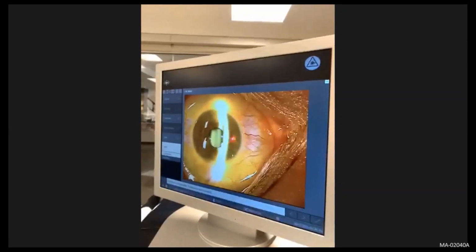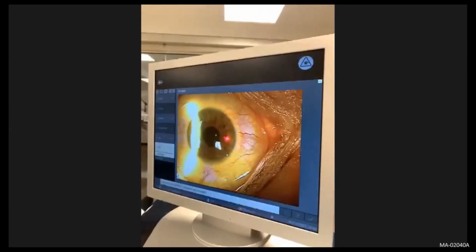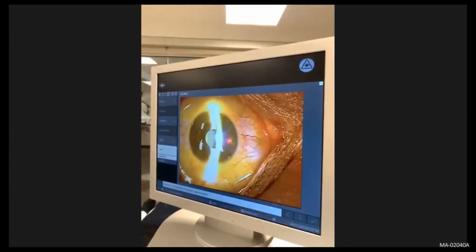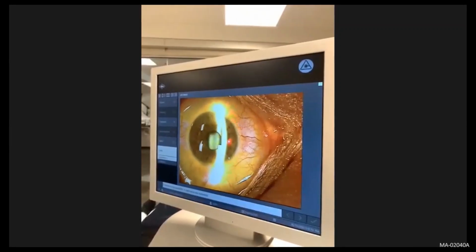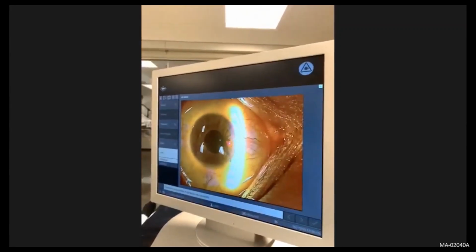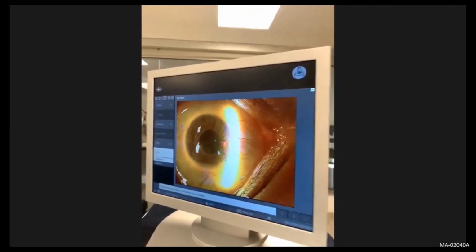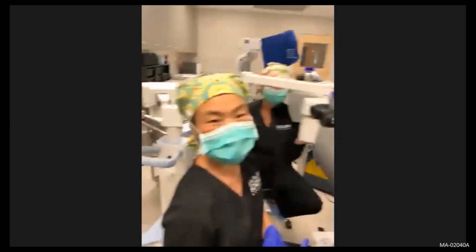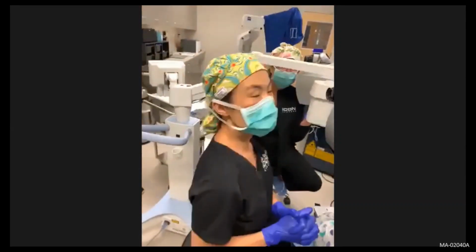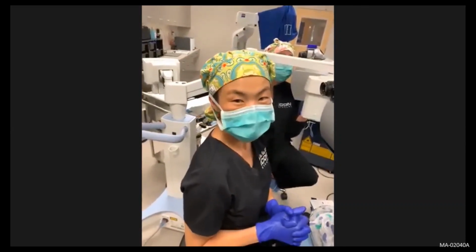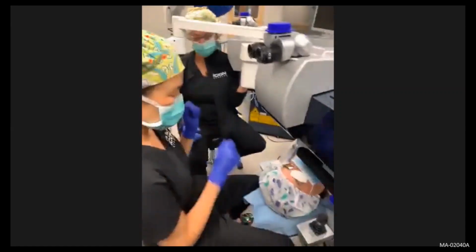And just confirming that we're fully saturated, and that looks great. He's penetrating most recently 441. So he started out at a pachymetry of 520, and we're at 441 now. So why don't we go ahead and